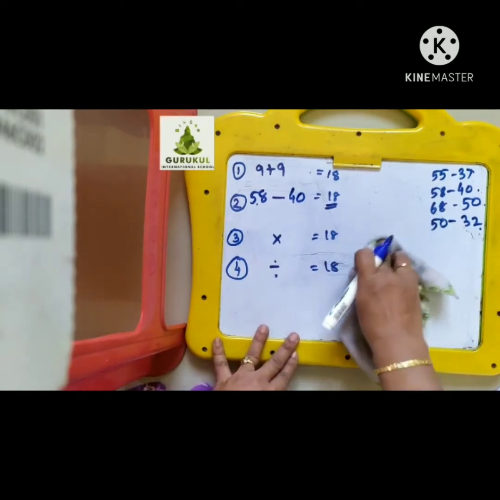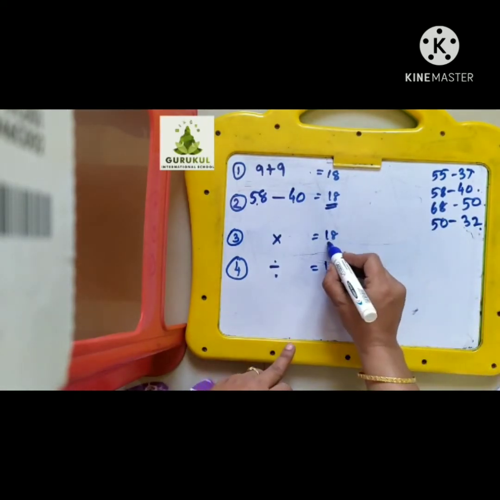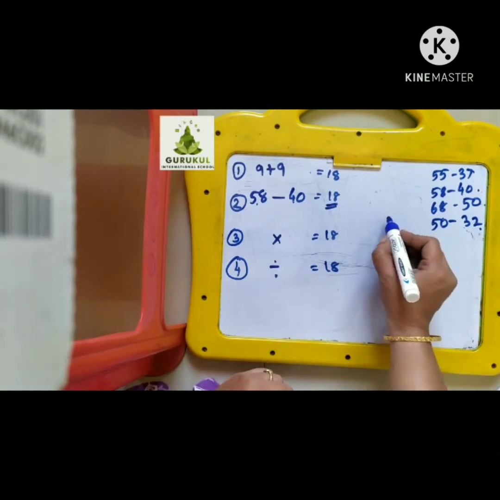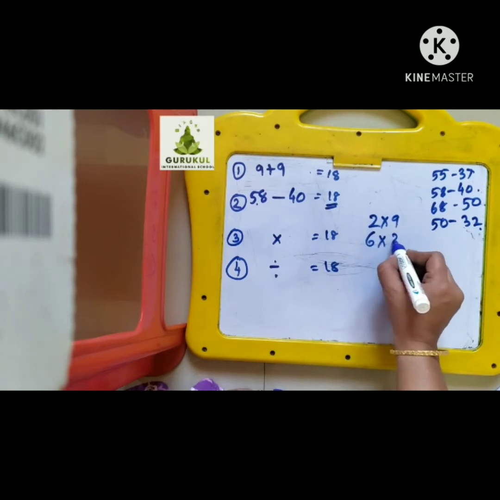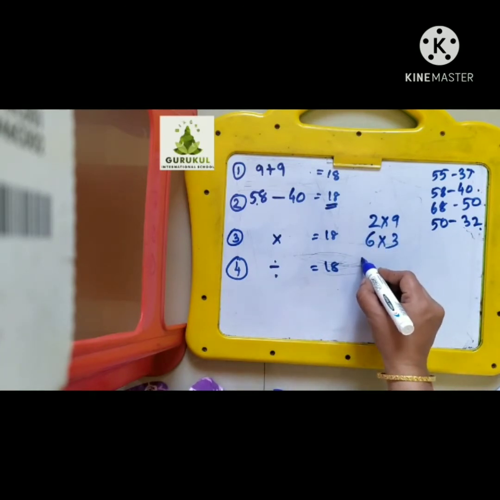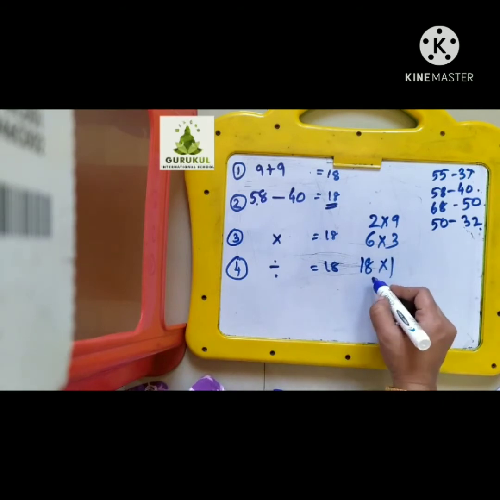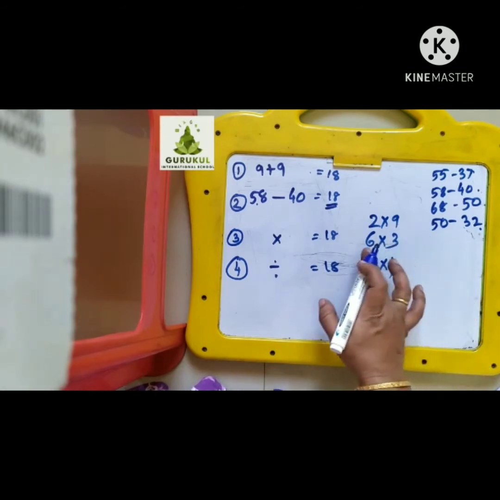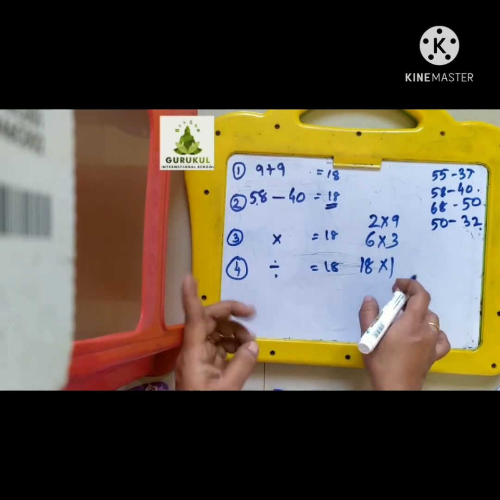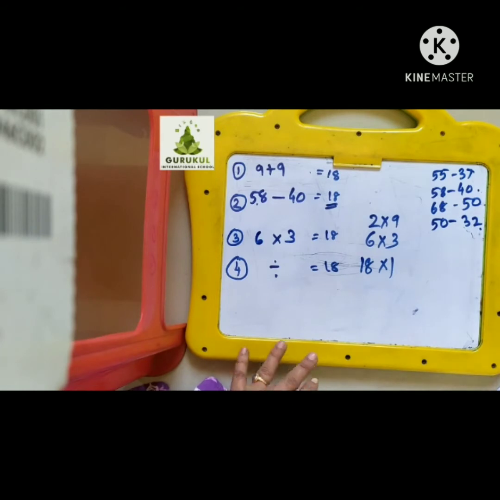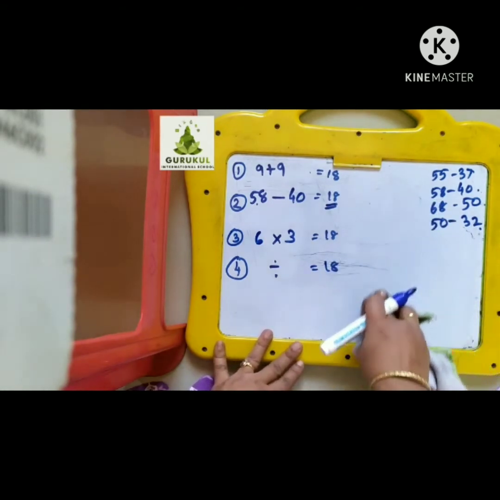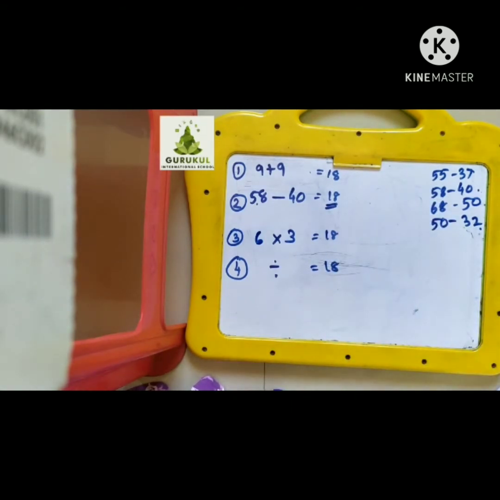Okay. Then for multiplication also, see, what all will give you the answer as 18? I can say 2 9s are 18. I can say 6 3s are 18. Then I can say 18 1s are 18. In any of the different forms, whatever you want to write for 18, you can. For example, I say here 6 3s are 18. So it's up to you, the number you want to choose, you can choose and write them in the box over here for the different pairs of numbers.